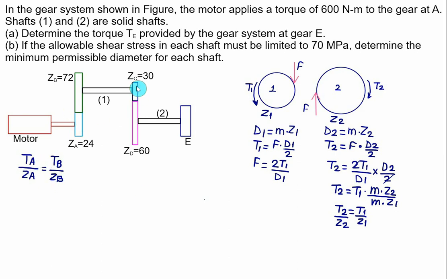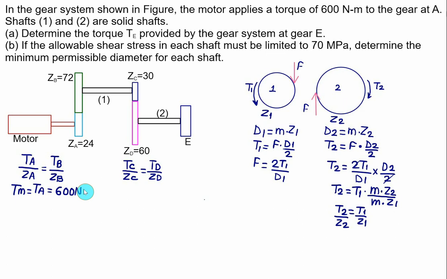Here gear C and D are in mesh, so we can write the torque for gear C divided by number of teeth for gear C is equal to torque at gear D divided by number of teeth for gear D. Secondly, we have given the torque for the motor. Motor torque is equal to the torque for A. So in this case we have motor torque Tm equal to TA, and this value is given to us equal to 600